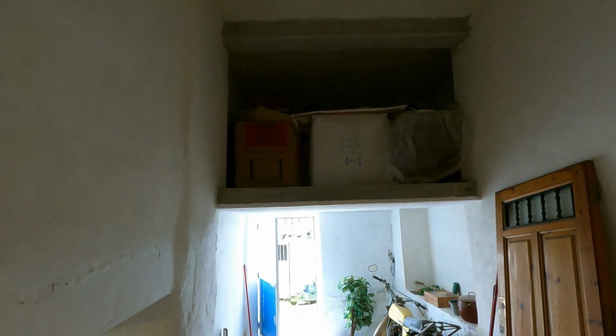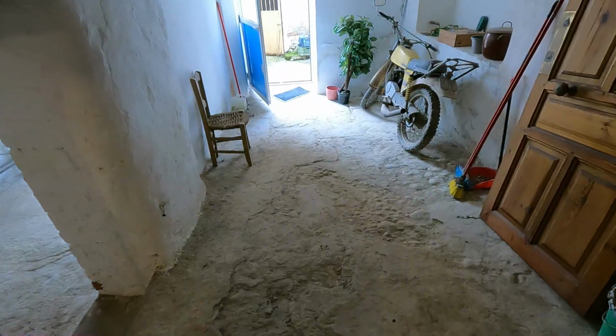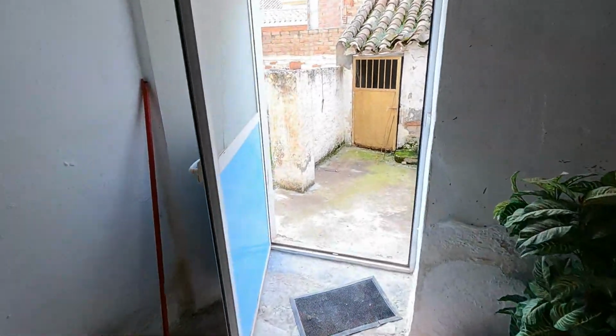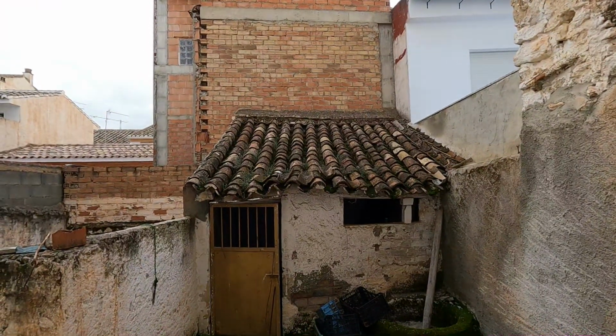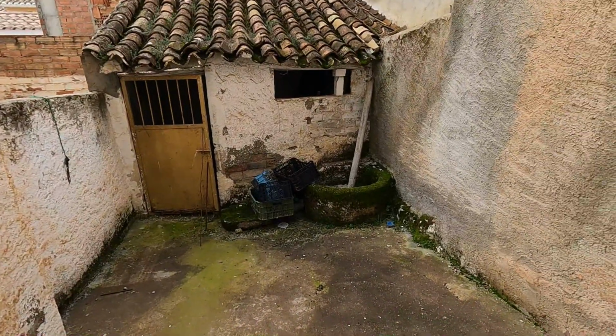So you can see the new concrete beams up there supporting the upper floor, new concrete beams in here, so all the flooring, the roof, the walls in this building are incredibly structurally sound. This takes us out to that rear courtyard. So this would have been here an animal shelter, possibly a mule in the day, the original stone sink and courtyard,